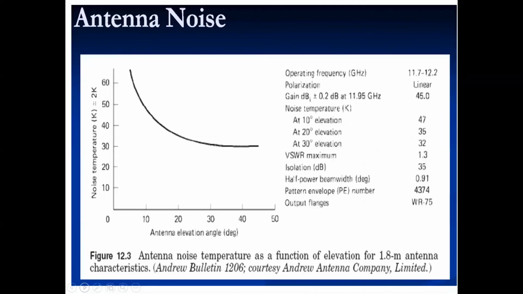Okay, so antenna noise is reducing, and this gives a plot of antenna noise temperature with the elevation, but after some time it is almost constant, and therefore we normally prefer the antenna noise between 10 to 15 degrees. After that there is not much impact. So you will find your problems related to elevation are between 10 to 15.